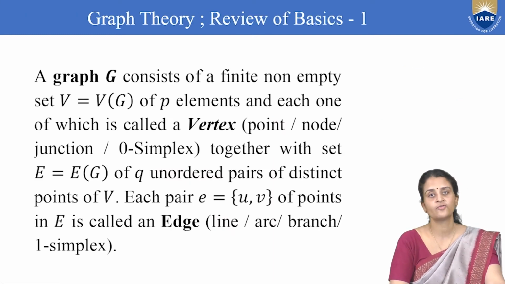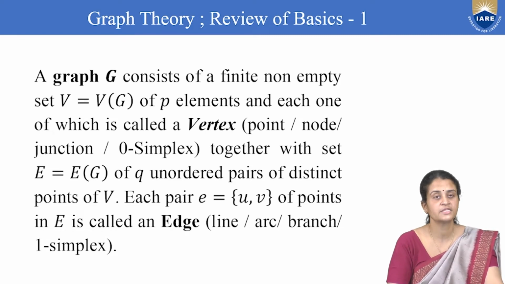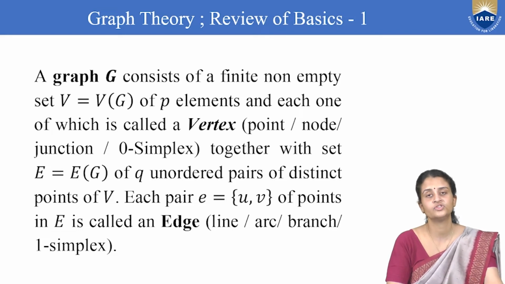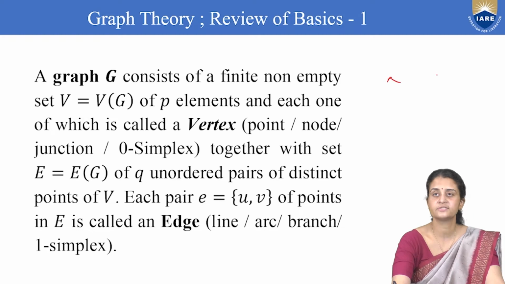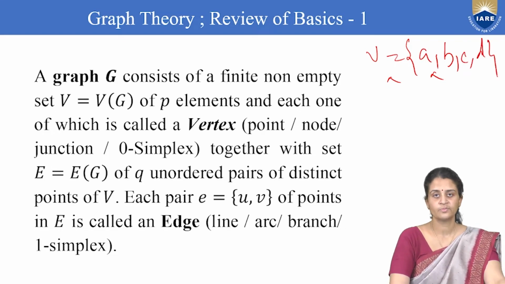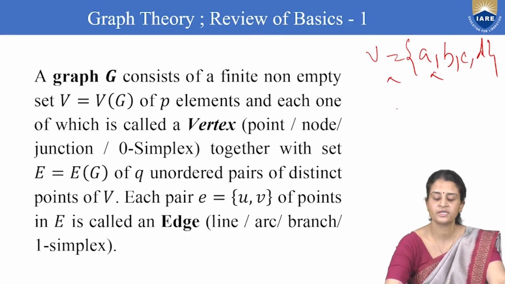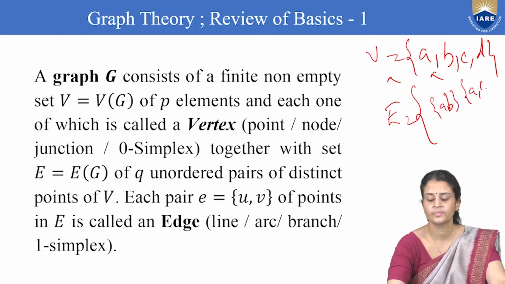A graph G consists of a finite set V of P points, together with another set E of unordered pairs of distinct points of V. This is V of G and E of G. Suppose we are given some points, V equal to A, B, C, D, and E is the set of pairs defined on the points in V such that there is some relation between them. If E equal to AB, AC and AD,